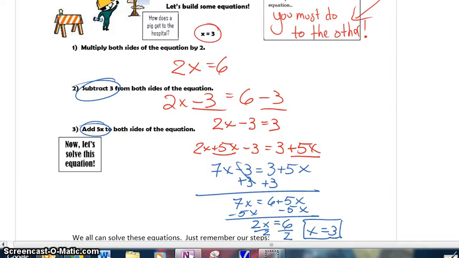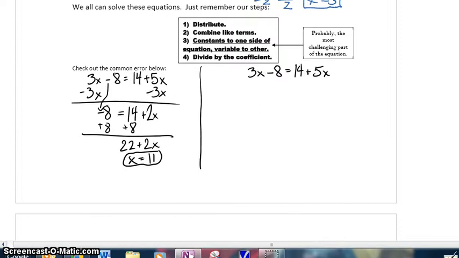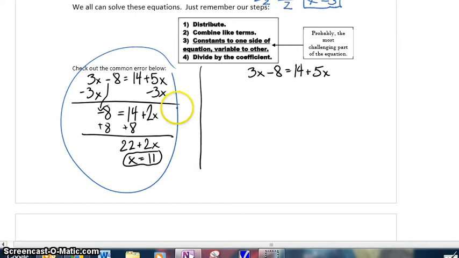Okay. Scrolling down, I want you to take a look. Pause your video. Take a look at the equation right there, and tell me what went wrong. Okay. Assuming you just paused, I want you to